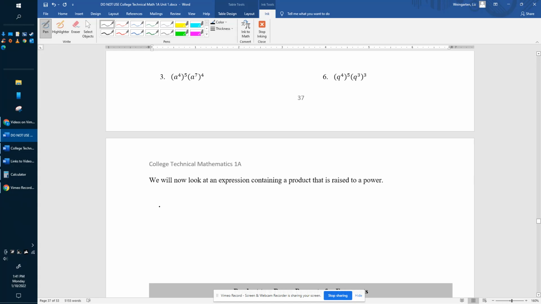Next, we're going to look at expressions containing a product that's raised to a power. So this is essentially going to be expanding our base. What I'm talking about here is, let's say that we have 3x,